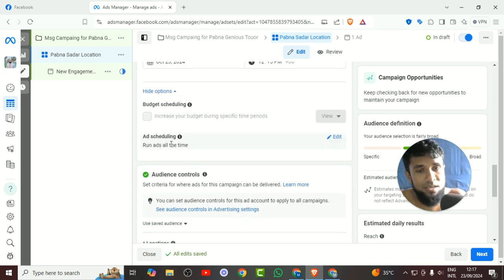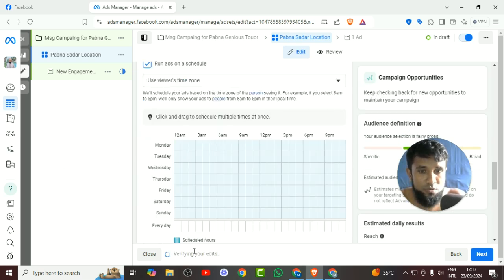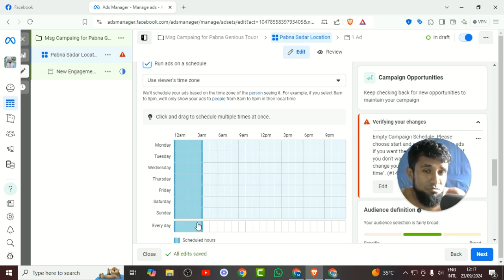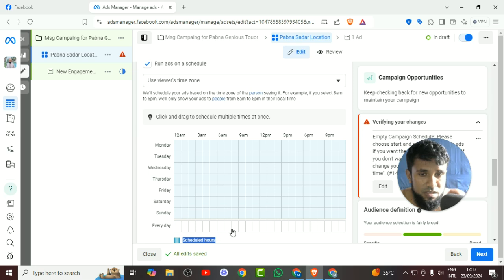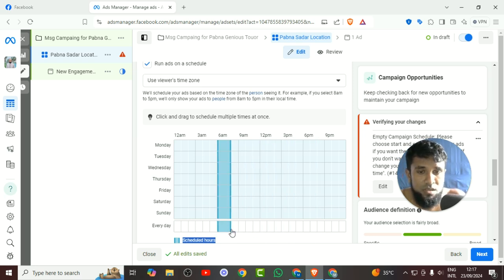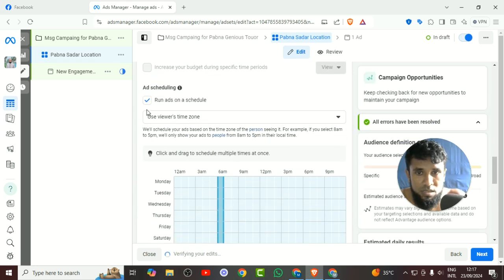Run all times. I will not schedule. If you want to schedule, then click this option. After clicking this option, here you can see the schedule option. You can run a schedule option. If you want to just run a campaign on Wednesday, just click this one. If you want to run a campaign from 6 p.m. to 6 p.m., run this option. But I will not run a schedule option, so I just